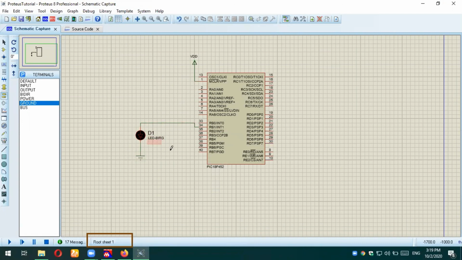Right now we are just using one output device as a peripheral component, and that is our LED. There are various modes and functions available within the Proteus environment, but we will be covering those functions in coming lectures as per our needs.